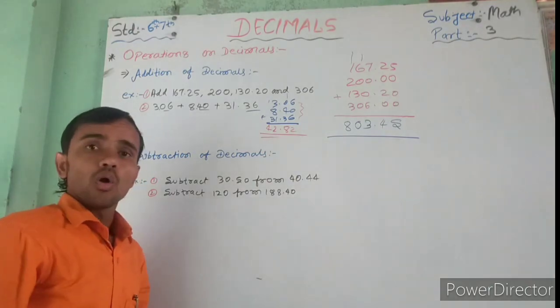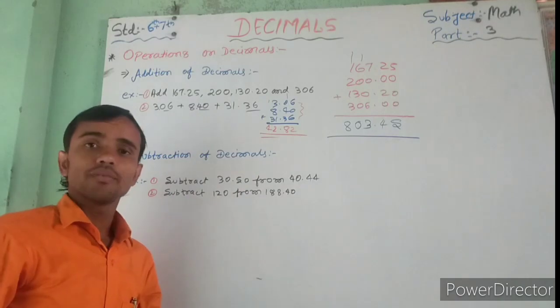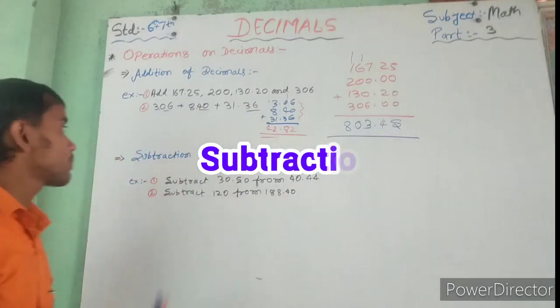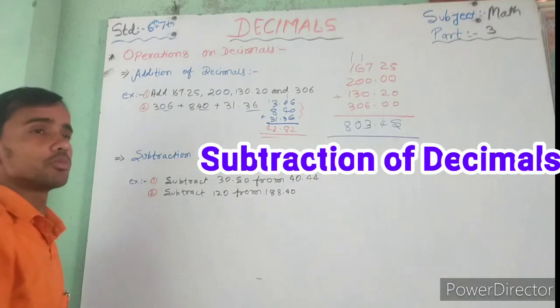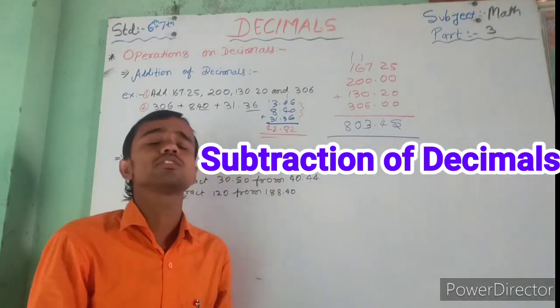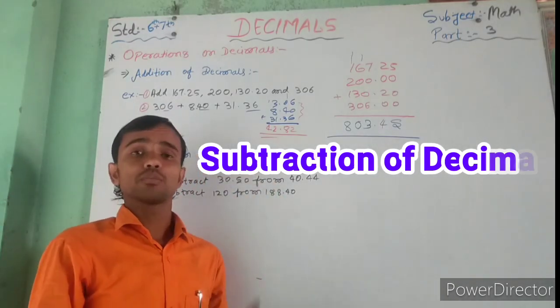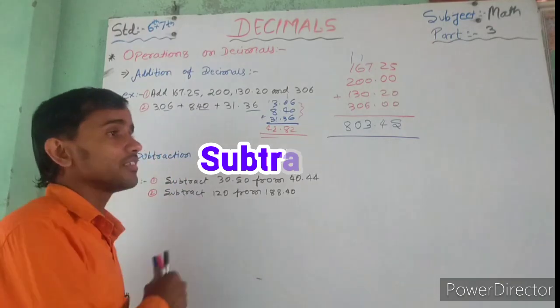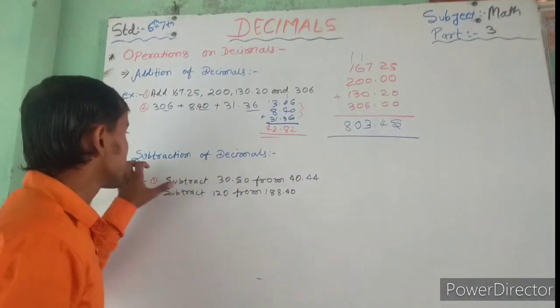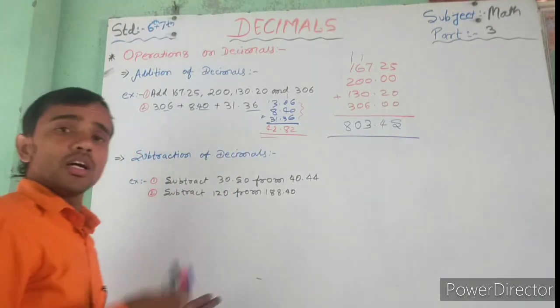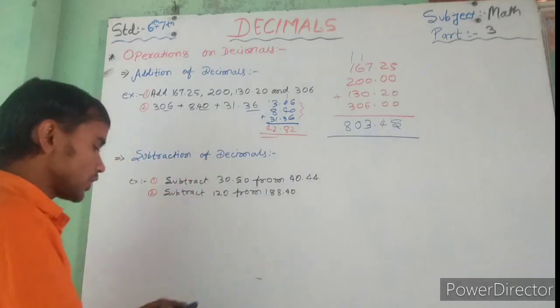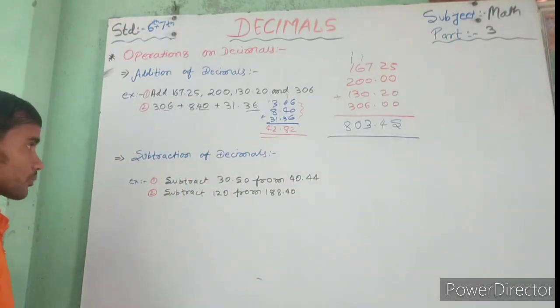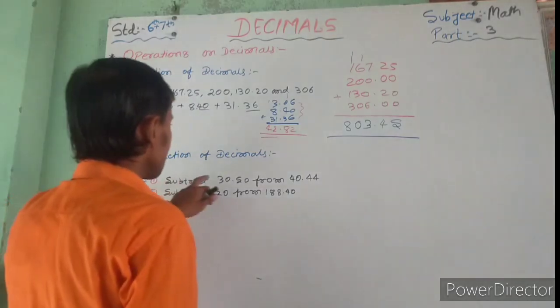I think all students understand about addition of decimal. Let's go on to the next part, subtraction of decimal. So my dear students, it's the same process going on with the decimal part of the subtraction. So what is the rule? The first step is to convert in like fraction. So firstly you see one example here. So what's your example? Subtract